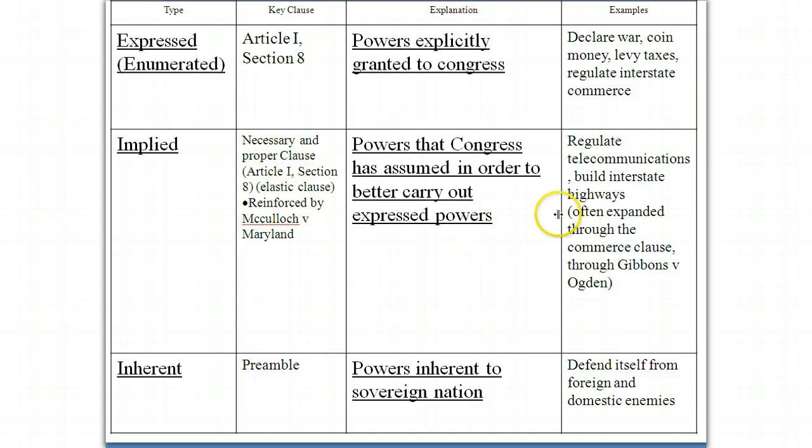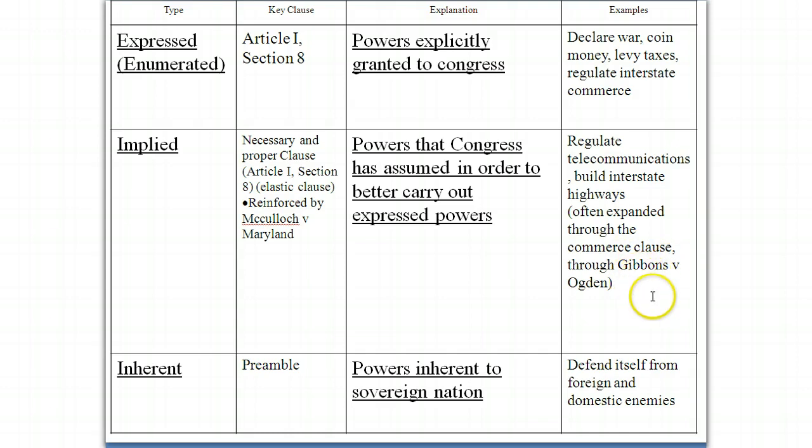And some examples are things that Congress has done that aren't specifically listed in the Constitution but are implied to be their power based on what the express powers tell them to do. Regulating telecommunications, building interstate highways, and often these things have been expanded through the Commerce Clause through that court case